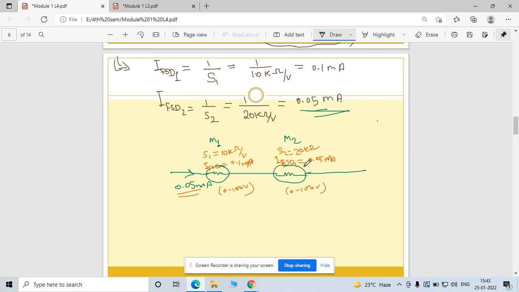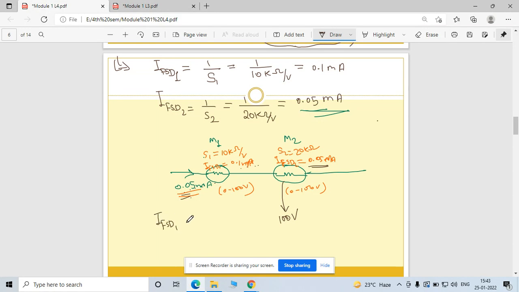Because the maximum value of IFSD 2 is the same here, right? Both are the same. So if both are the same, then this meter is able to measure up to 100 volt, right? Now compare this: the actual current flowing is 0.05 milliampere, but the full scale deflection current is 0.1 milliampere only. So IFSD,